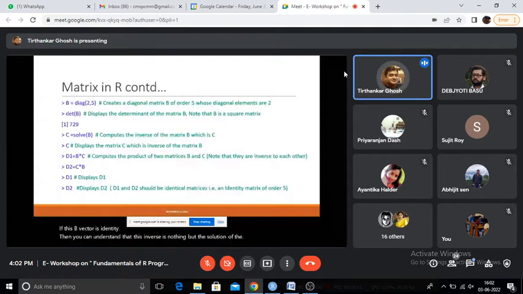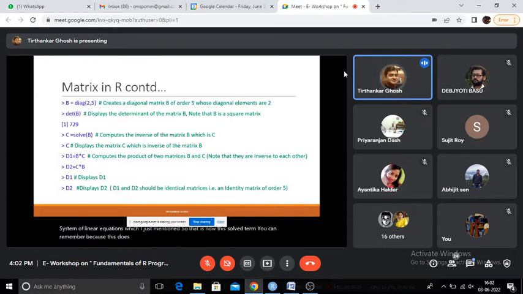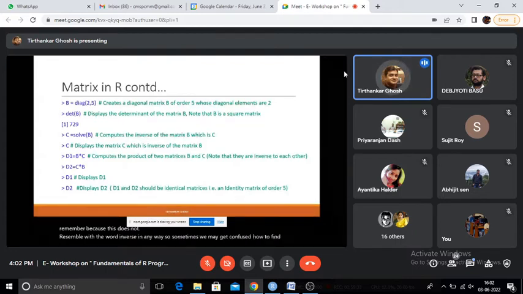So that is how you can remember the term solve, because it does not resemble the word inverse in any way, and sometimes we may get confused about how to find the inverse of a matrix. So it is solve and the name of the matrix.